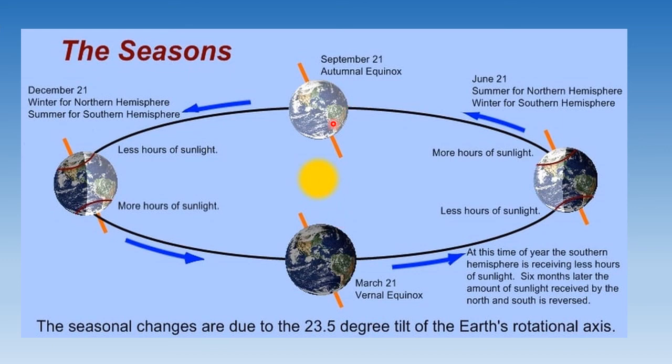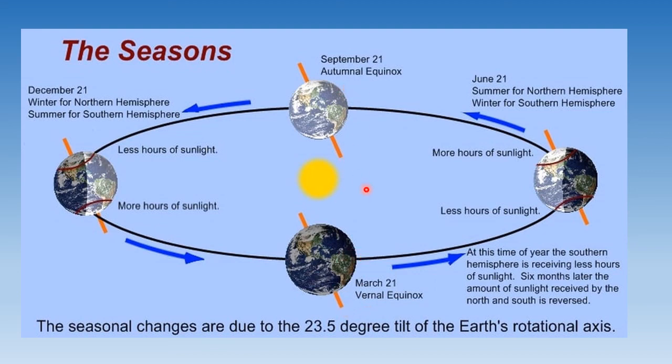Now there are two peculiar times again on the earth. One is 21st September and the other is 21st March. Over here what happens, this is the night part because this is not facing the sun. The other part of the earth is facing the sun. Here this is facing the sun, the other part is not facing the sun. Now here what happens, on 21st March and 23rd September, the sun rays fall directly on the equator. At this position, neither of the poles is tilted towards the sun, so